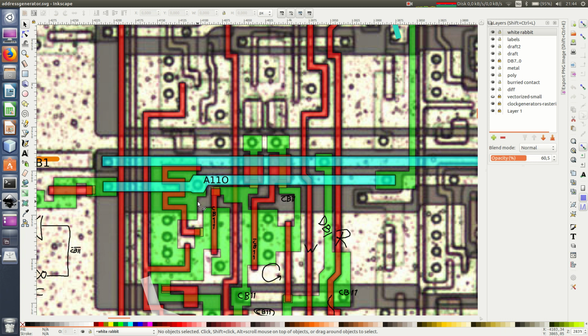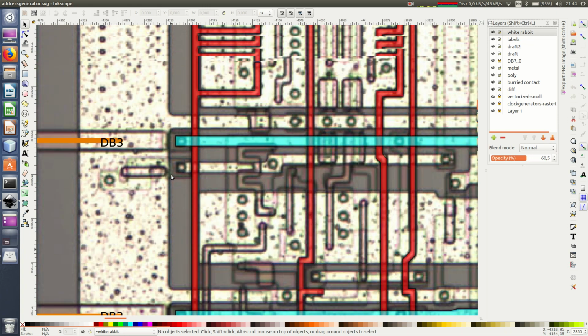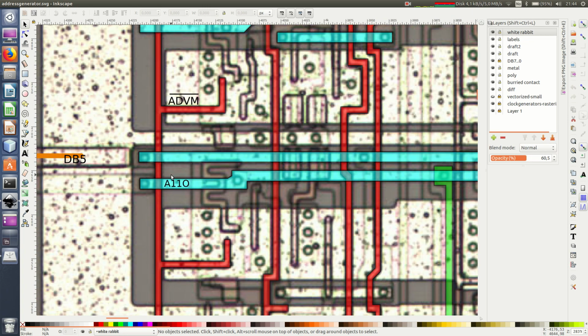But that's not all. We followed the white rabbit, in quote marks, and we didn't get an answer, because I also needed to see this enable going here and I couldn't see what controlled it. But if you look at DB5, or video matrix address 11, it's a bit more interesting, because here you also have the same enable, and if you follow it,